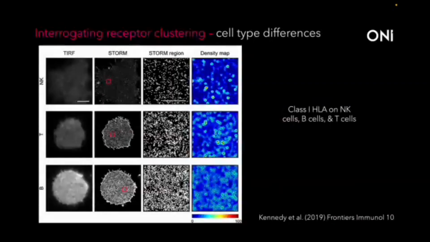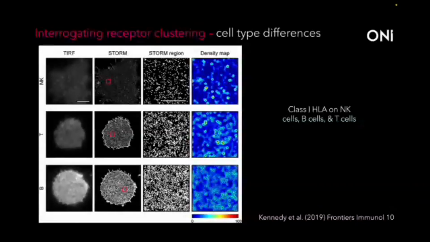Similarly, the clustering of different molecules can vary substantially between cell types or between conditions. And so really understanding this is quite important when it comes to understanding how different things are likely to behave, both in vitro and in vivo. As I mentioned earlier, clustering of molecules will cause potentially different outcomes. So the degree or the nature of the clustering is extremely important. And that doesn't just mean the molecule itself, but it can mean, of course, its ligand. If the ligand that a particular receptor is binding to shows different levels or different types of clustering behavior, then that will induce different types of clustering behavior in the receptor, which will then potentially cause differences in its downstream